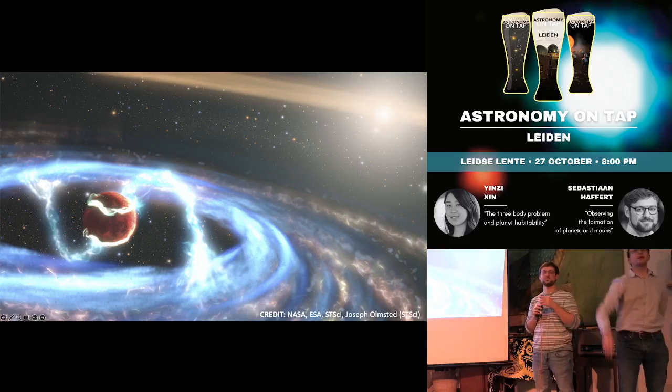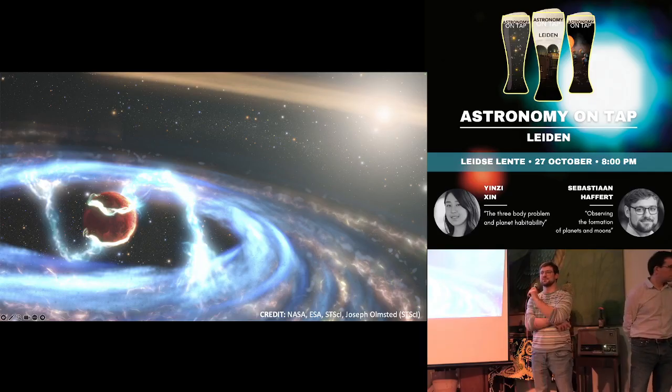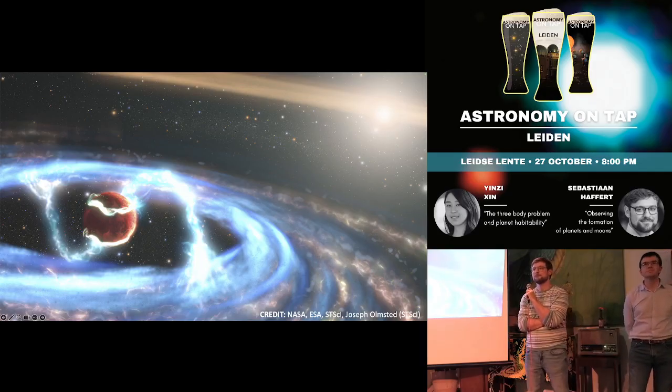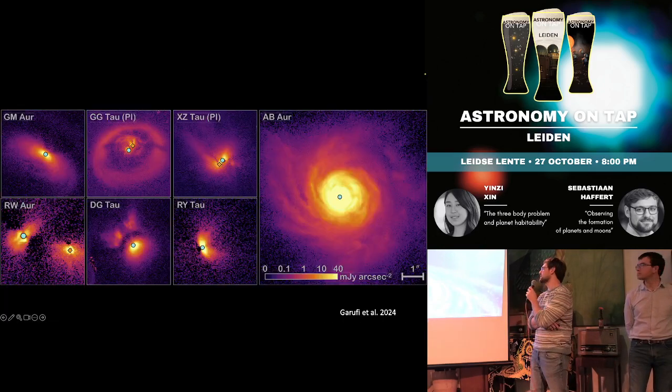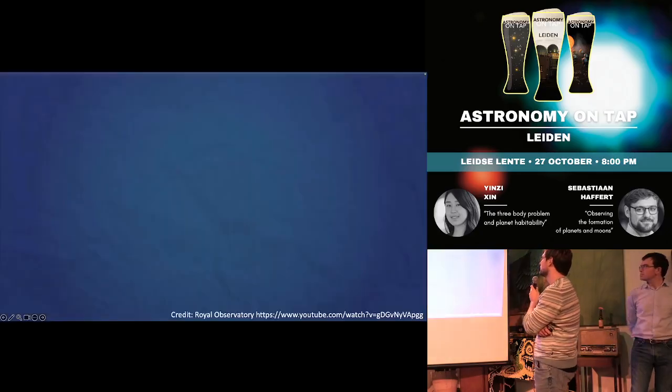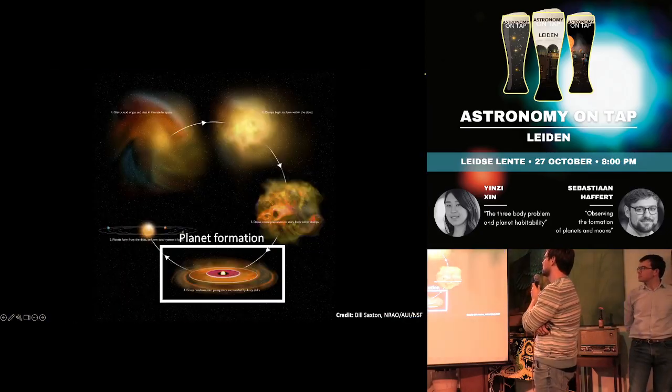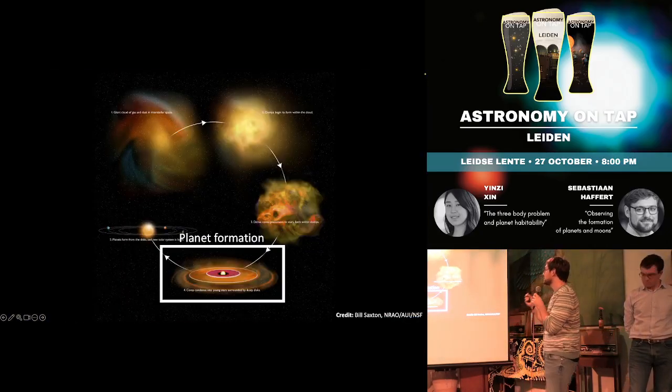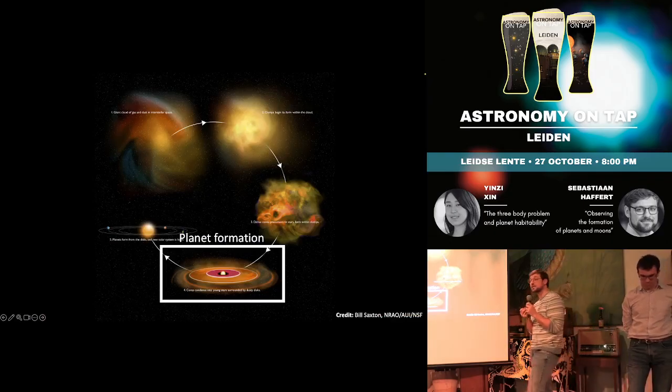See one more at the back. What makes the initial, in the early days of the system, what makes the initial cloud collapse to this? What makes the cloud collapse to a disk? So if I would give a really astronomy-based answer, I would say magnetic fields. But